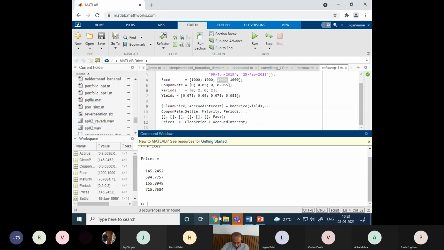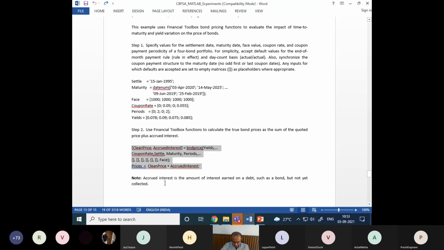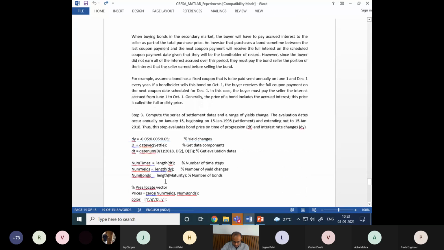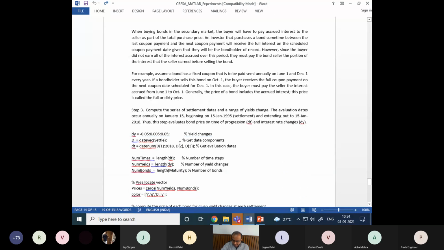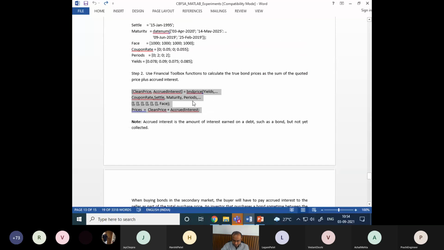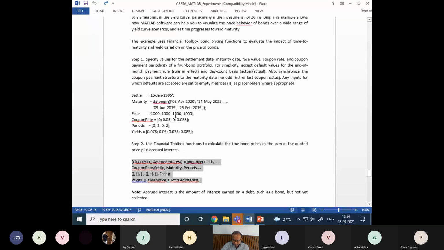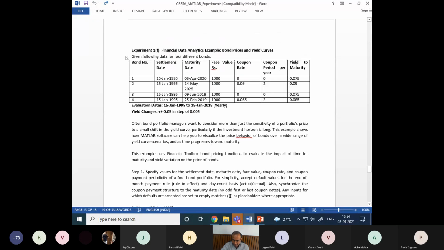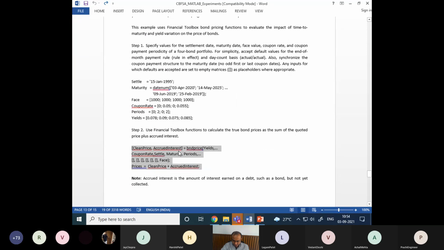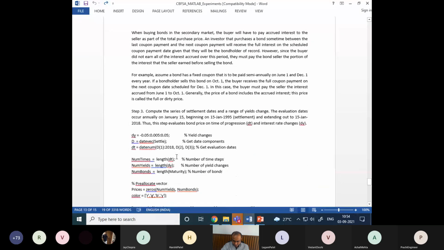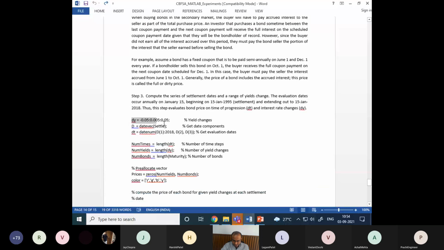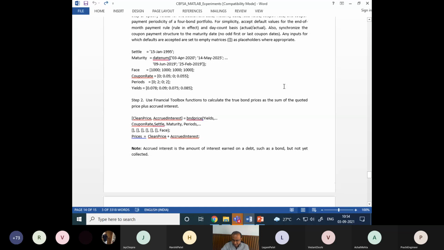Then what is my next task? Now I have to apply the change in yield. This was with the fixed yield. So earlier I ran this analytics with the fixed yield. If my yield is not changed, meaning yield to maturity remains the same, then what will be the bond price that I have calculated? This I have calculated. Now my yield is changing from this base value. This is the base value.